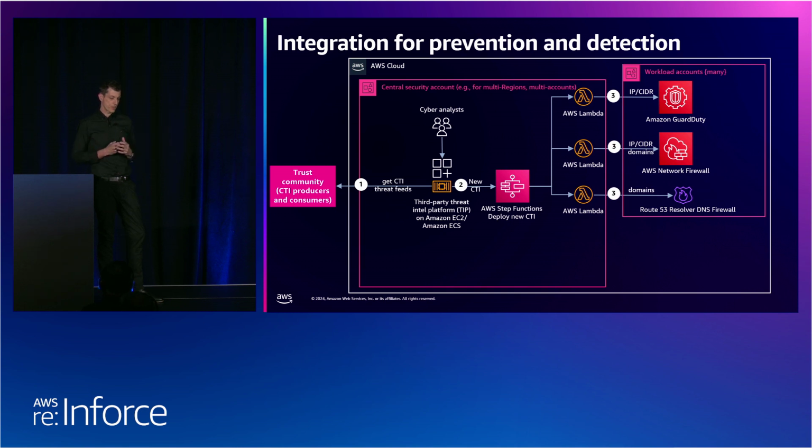As far as detective controls go, AWS GuardDuty is a threat detection service that's constantly monitoring your AWS accounts and workloads for malicious activity and delivering detailed security findings for visibility and remediation. Your cyber threat intelligence can be fed into GuardDuty in the form of IP addresses and IP ranges in the site. And GuardDuty will then scan your logs to detect any anomalies or malicious behavior within your environment, surfacing any findings as they occur for human assessment. This means it can even detect zero-day threats.